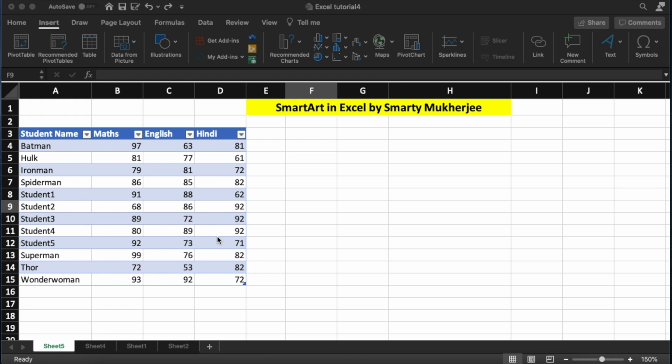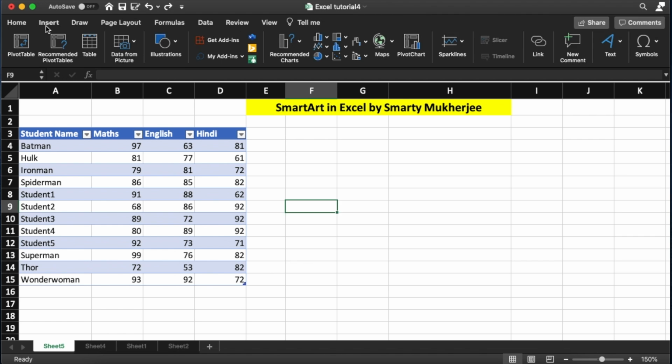But in this version of Excel, it becomes so easy to use Smart Art, which is a kind of graphs or list of processes. So in order to do that, let's go to the Insert option in your Excel.